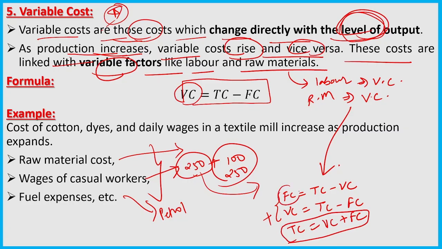यानी ये फिक्स्ड कॉस्ट और वेरिएबल दोनों को इकट्ठा करोगे तो टोटल कॉस्ट बनेगी, और टोटल कॉस्ट में से एक आध माइनस कर दो तो तीसरा वाला मिल जाता है। ठीक है।